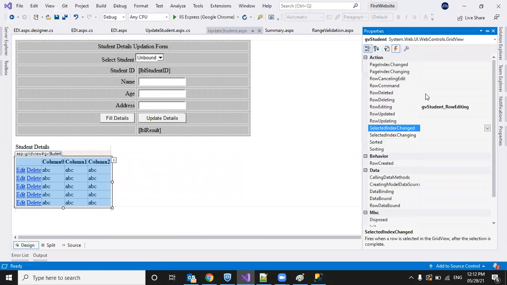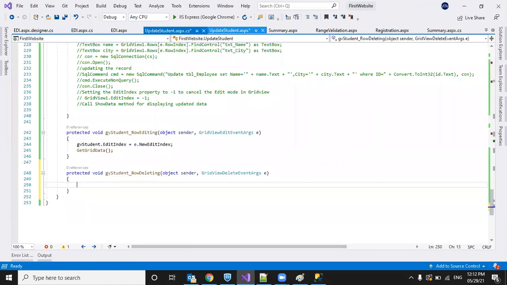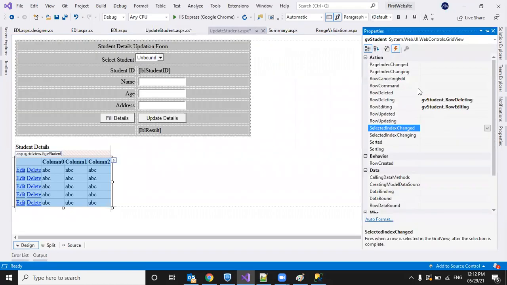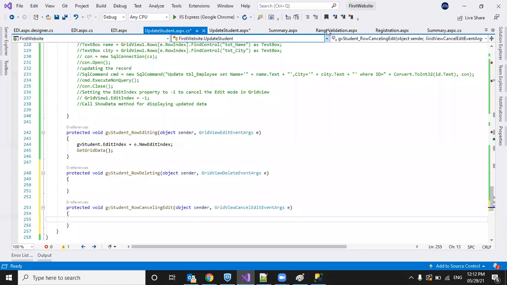So now I need the row deleting event. Okay, double clicking that. And then I need the row cancelling edit event, and then I need the row updating event.